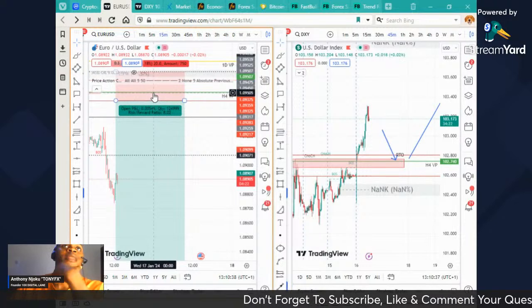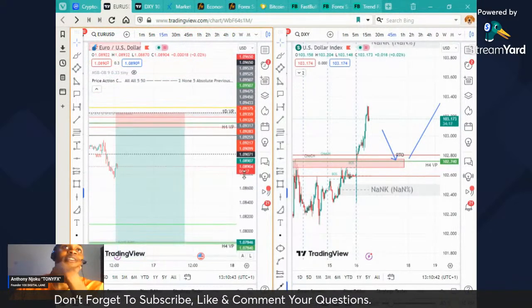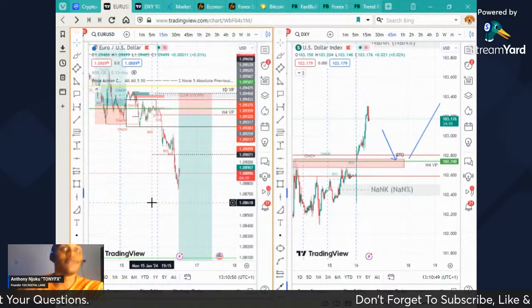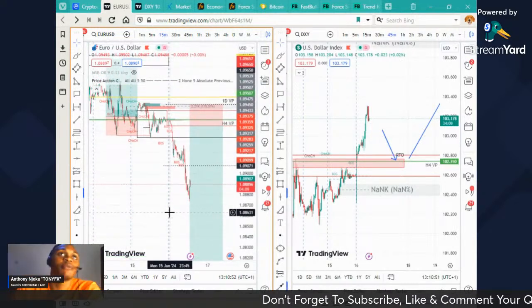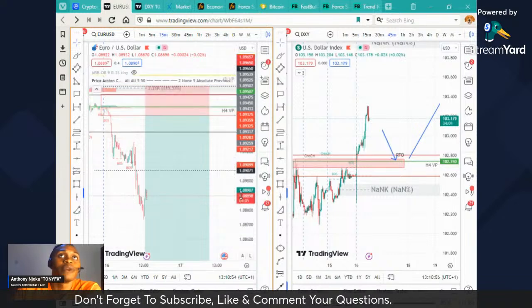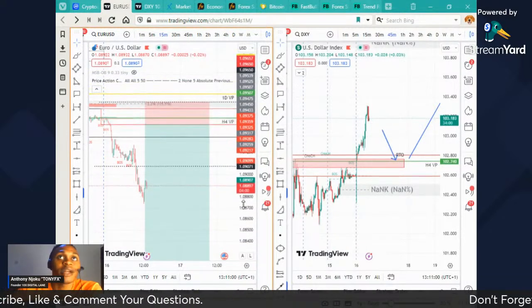But we need to wait for the market to come back into this zone, and then we continue the drop to the downside. That's what I see for Euro USD. It's more of a sell setup and a sell bias. We also have the same sell bias on GBPUSD. And Euro USD sell bias is